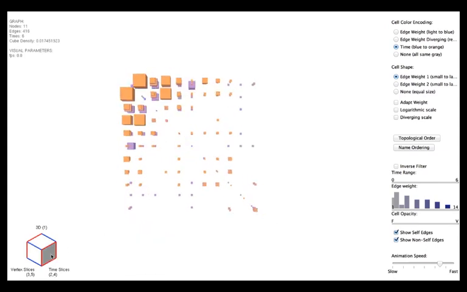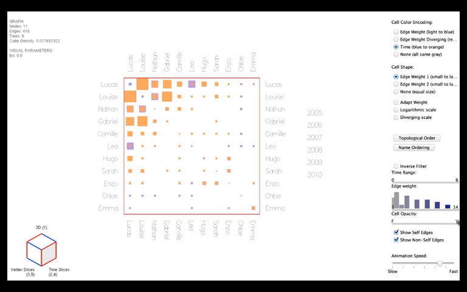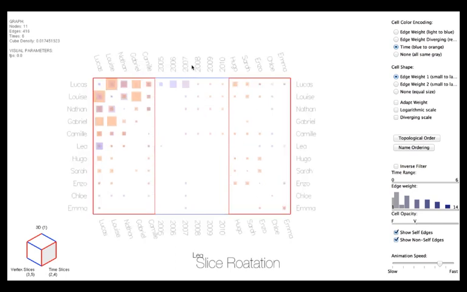If we click on the right face, the matrix cube gets rotated so that we attain a picture of the network's topology in the time projection view. Cells get superimposed, but can be revealed by changing their transparency. We can see from the violet cells that edge weight has decreased over time, while the edge weight of orange cells has increased. If we rotate slices by a right-click on the slice label, we can observe the evolution of